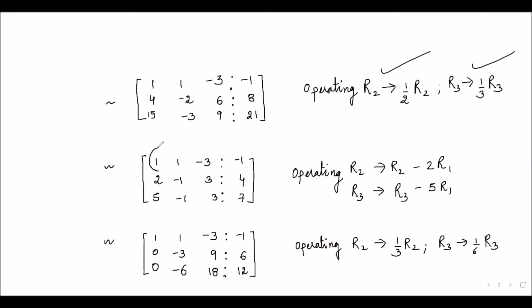Now let us use this 1 and make these entries 2 and 5 as 0, because in echelon form, at these two positions, what we need is 0. So by using the third type of elementary row transformation, we will be making these two entries 0. In this transformation, we are changing the second row. What is our aim? We want to make this entry 2 as 0. So with the help of this first row, we are changing the second row, and the scalar which we are using with this first row is minus 2.